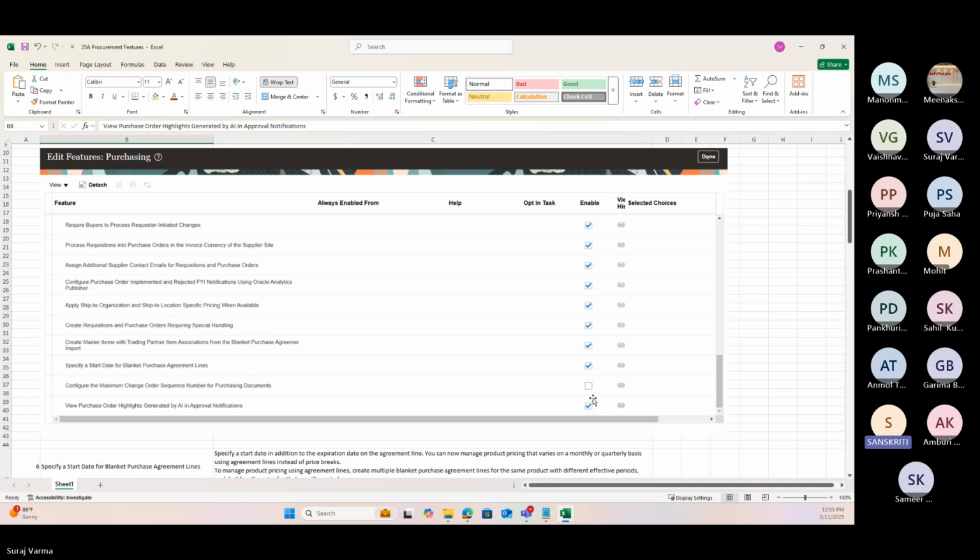Ajay, on this side for the approval process, in this version it is using AME and workflow or something. Is there anything different from the AME side or workflow side for the approval process? No, the approval is the same. What I'm saying is